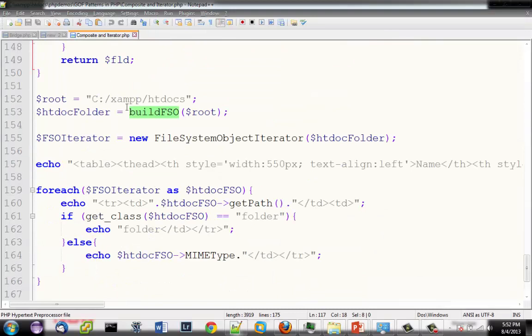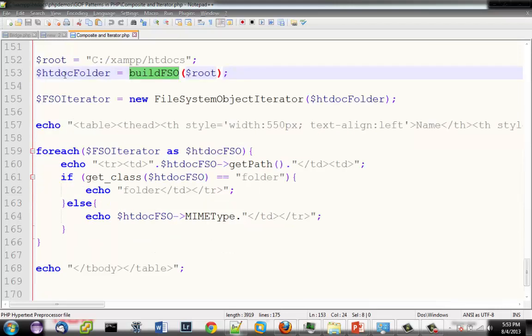So here I'm going out and calling that utility method I just showed you with this root folder here, which is the htdocs root folder under my XAMPP install on my local box. And if you're dealing with another box, you just change this folder, and you can work with any folder so long as PHP can read it. And then from there, I'm creating that folder, getting the files out of that folder, creating a new iterator here, and then I'm just looping over this using a foreach loop.